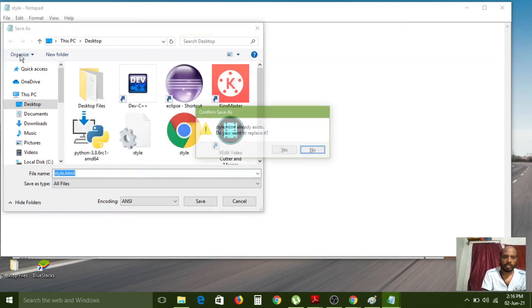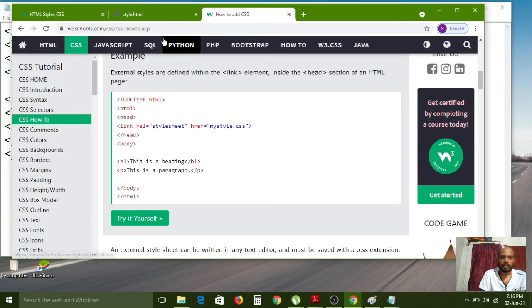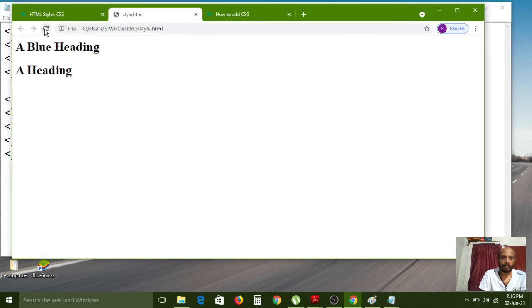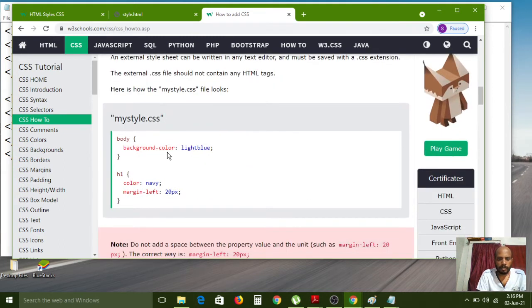Why is it not linking? Wait. Color navy.